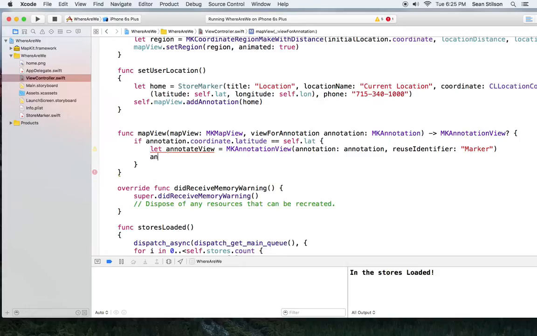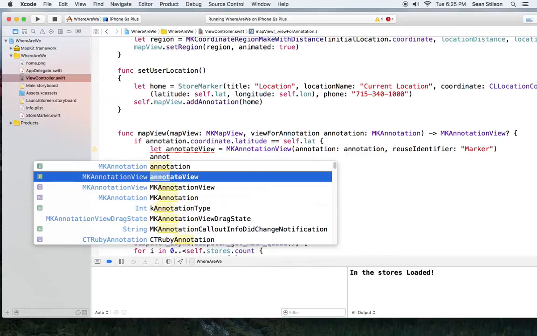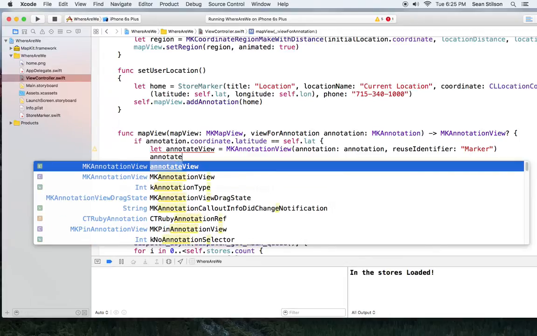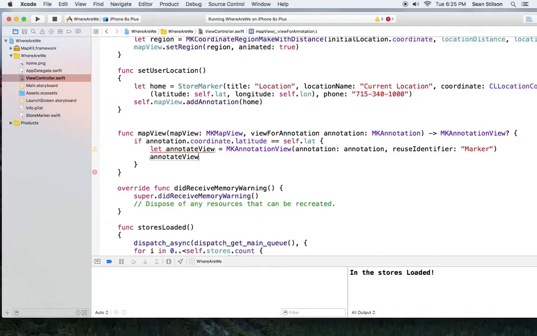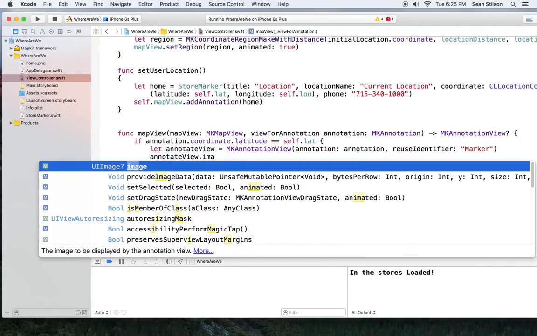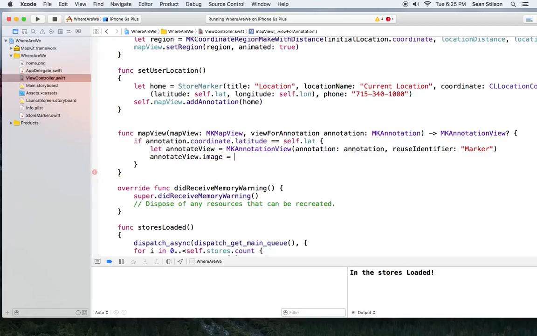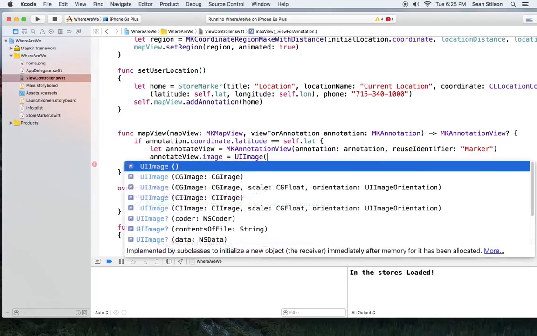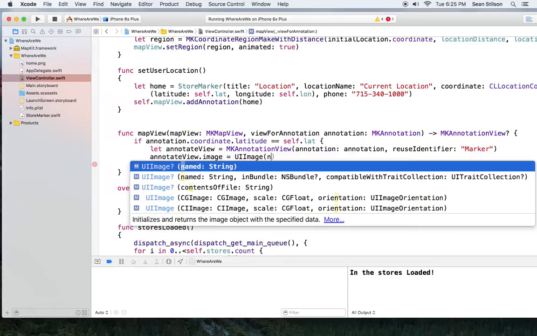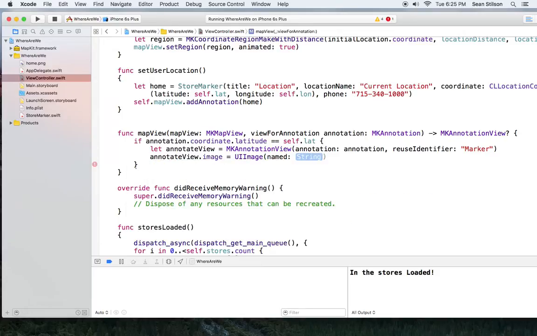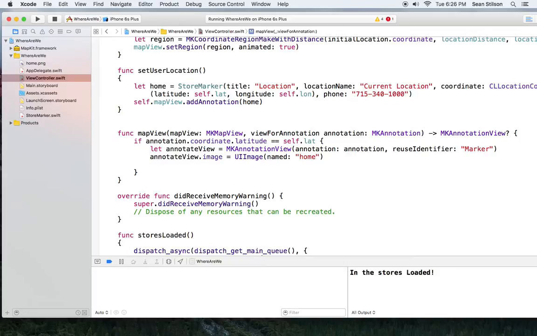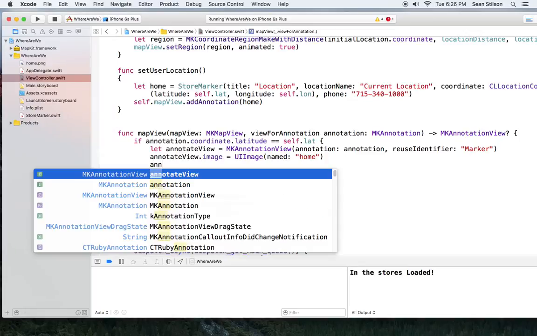Now, annotation view, or annotate view is what I call it. Annotate view has an image property. Very handy. It allows us to set our custom image, and we can just use image named, and that is just called home. And then the other thing we'll do is say annotate view